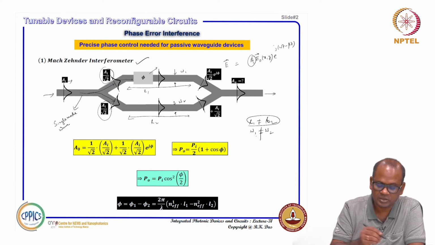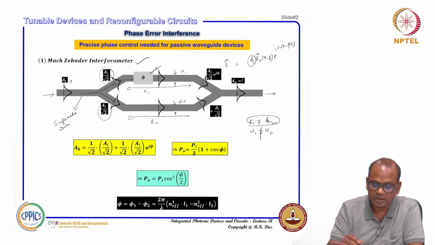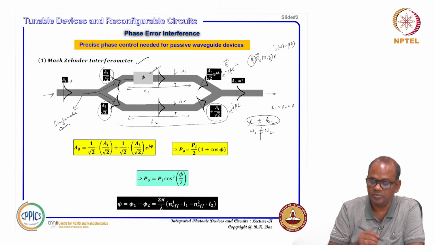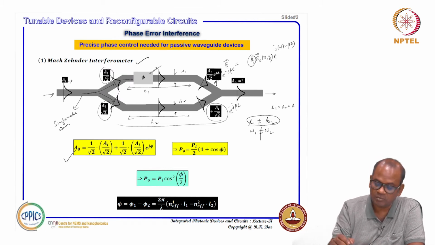If there is a phase error phi in the upper arm, for example, then at the output this comes with A I by root 2 along with the propagation phase e to the power minus j beta L. If it is this one I can consider as L, if L1 equal to L2 you are just considering L, and then along with that e to the power j phi, the phase error, will be introduced. Now at the output you calculate the